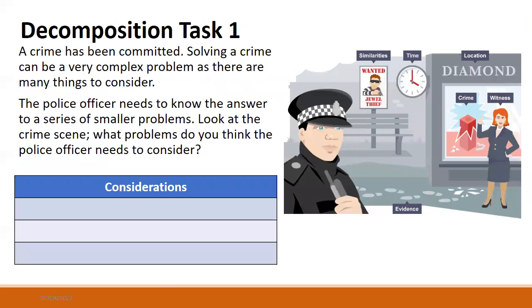All right, here's a problem. This problem helps us to understand better decomposition. So what we have here is a policeman who is the problem solver. And then we have a problem. It appears that the problem is that there was a smash and grab robbery. Call that a robbery? Or a burglary. I think a robbery is when there's violence on a person, right? So I don't know, maybe there wasn't a robbery.